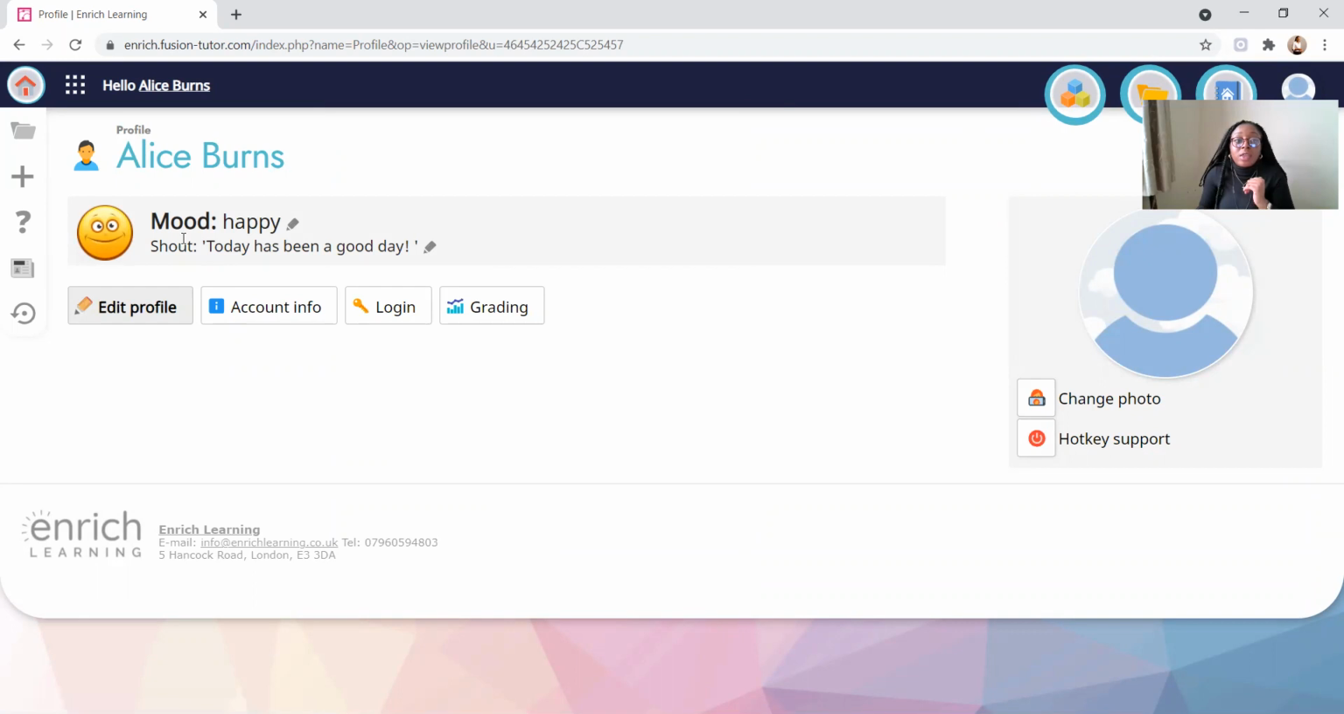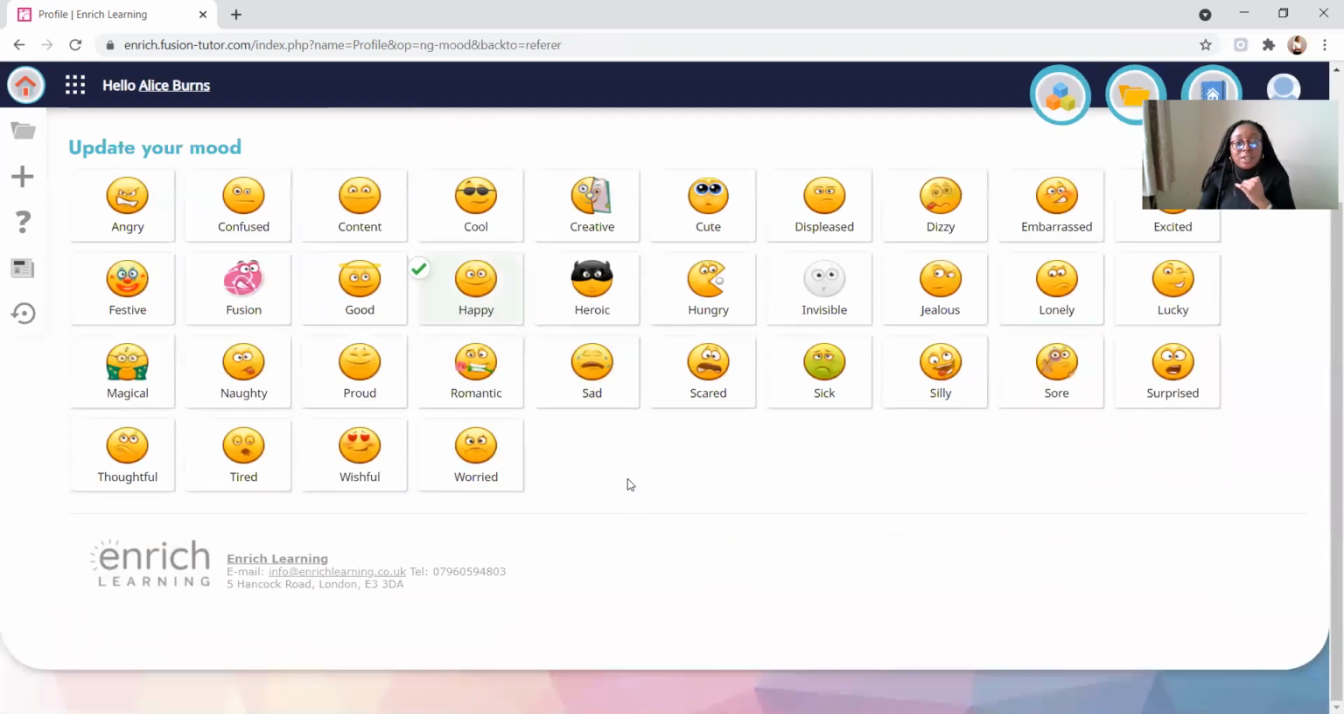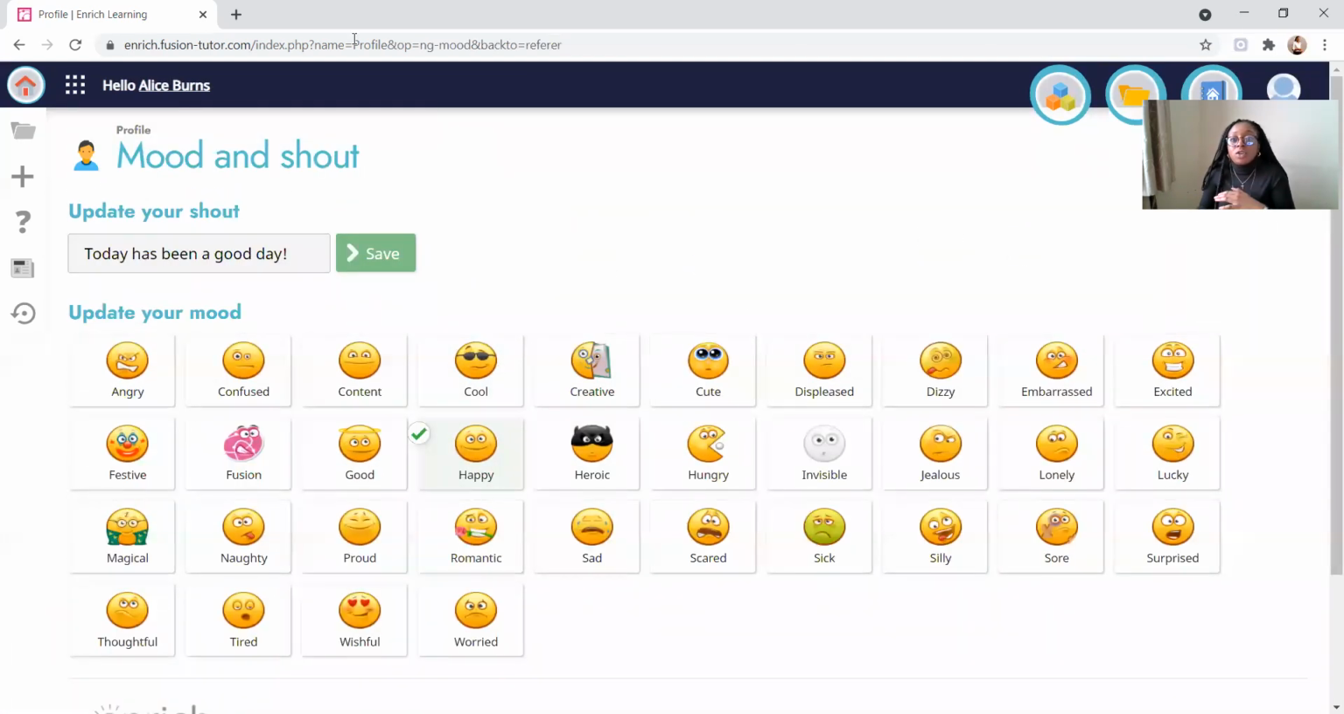Obviously, mental health is really important, especially for children. So we have added the ability for children to give us their mood and something that they want to shout about for the day. This is, again, useful information for us. If a child reports several times that they're feeling sick or scared or sad,